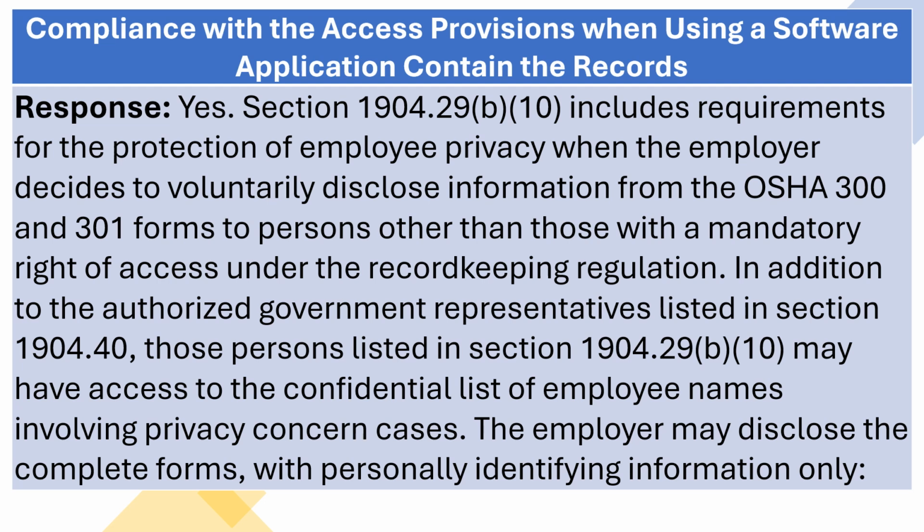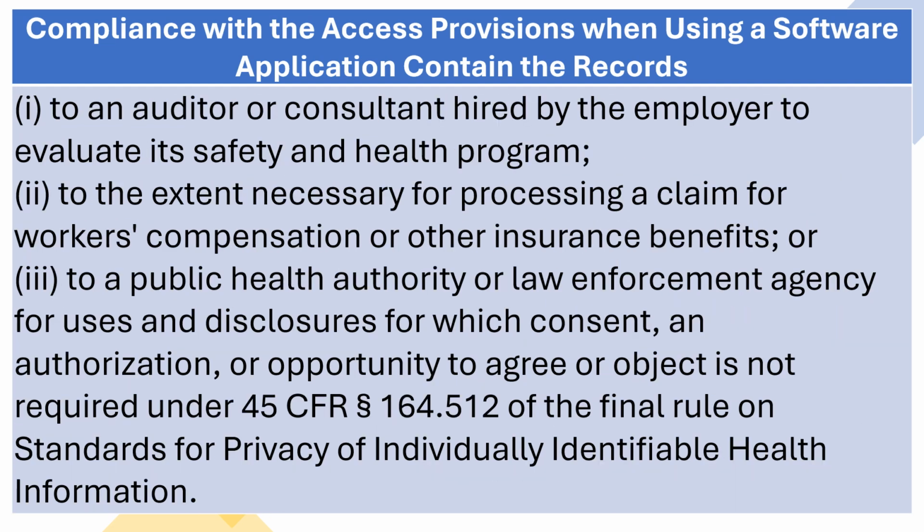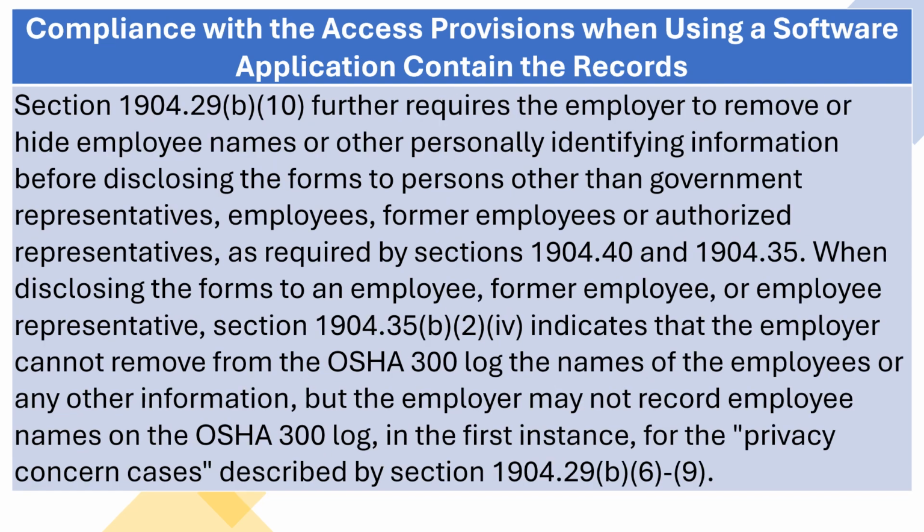The employer may disclose the complete forms, with personally identifying information, only: 1. To an auditor or consultant hired by the employer to evaluate its safety and health program. 2. To the extent necessary for processing a claim for workers' compensation or other insurance benefits. Or 3. To a public health authority or law enforcement agency for uses and disclosures for which consent, an authorization, or opportunity to agree or object is not required under 45 CFR Section 164.512 of the Final Rule on Standards for Privacy of Individually Identifiable Health Information. Section 1904.29(b)(10)